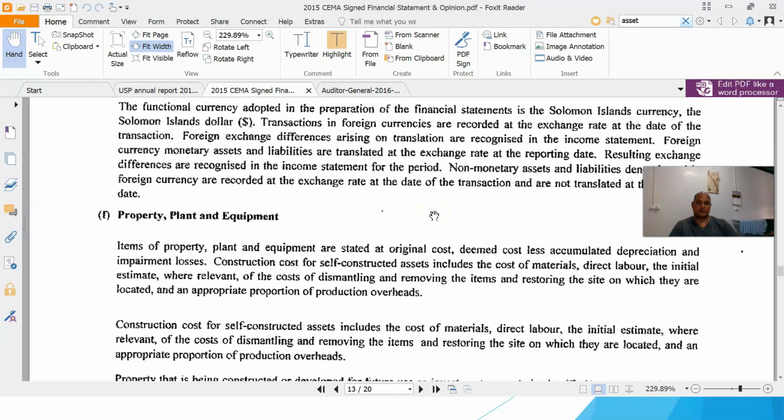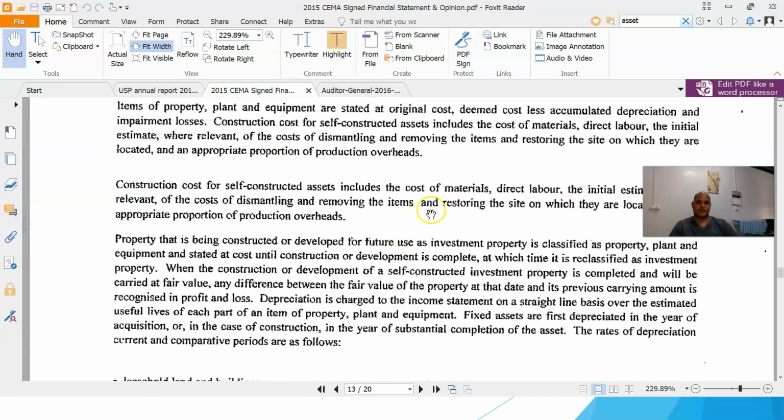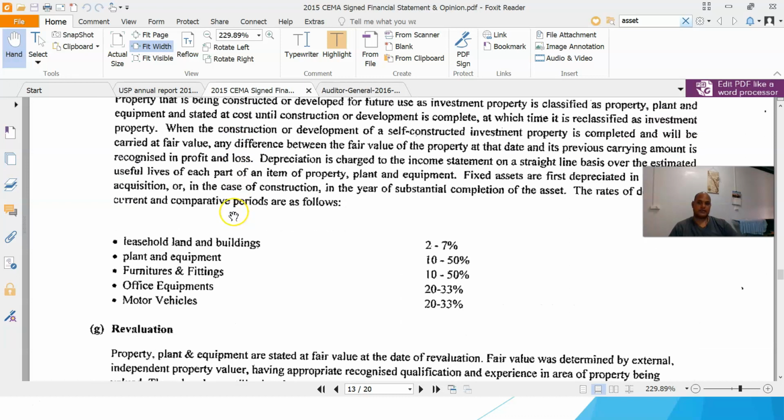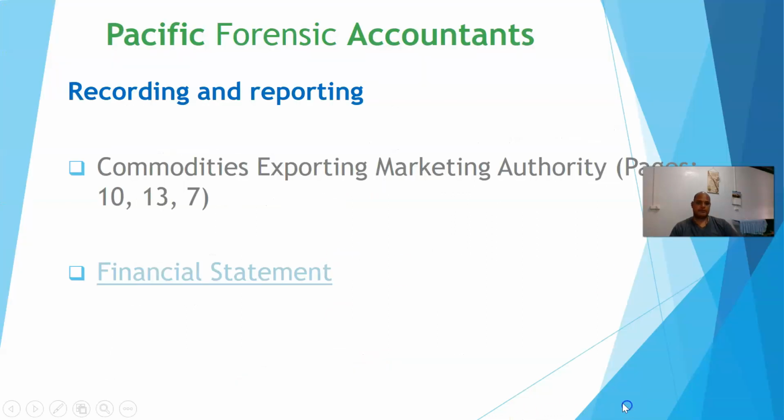And this is your accounting policy. So this is the way this company, this SOE, wants its financial statement to disclose its fixed asset register.